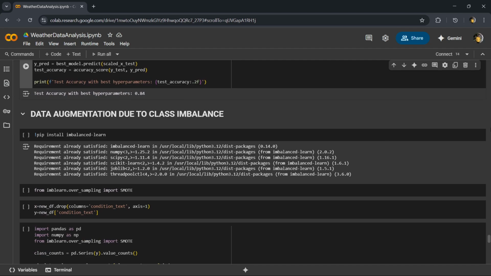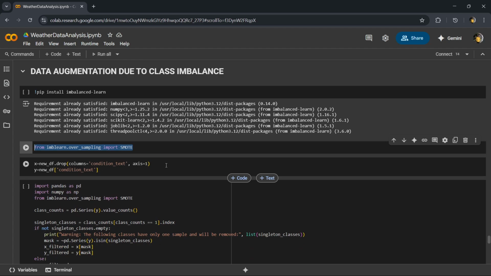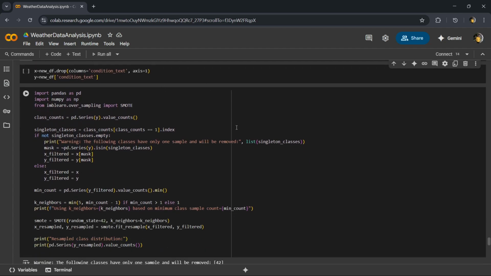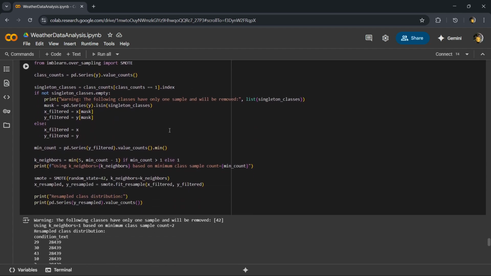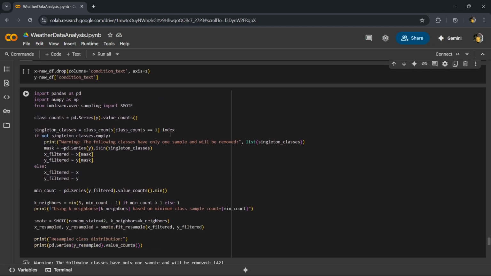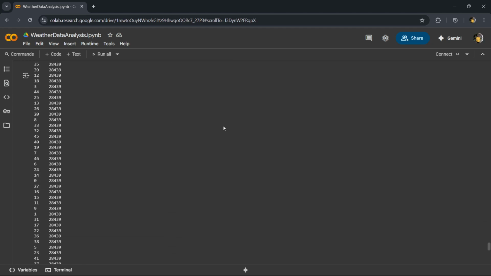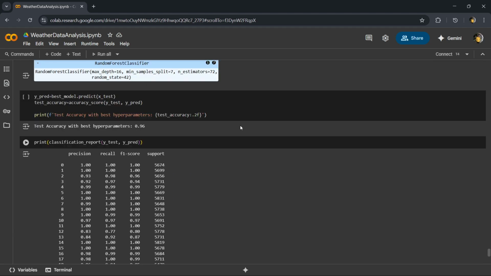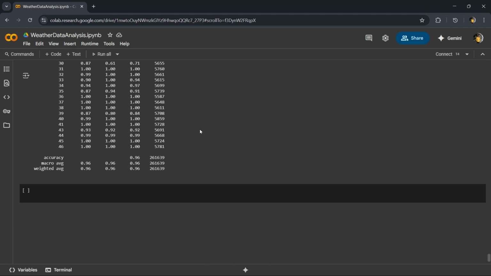Finally, because the classes are imbalanced, I applied SMOTE to oversample minority classes. After resampling, I retained the tuned random forest and printed the classification report again. This improved recall